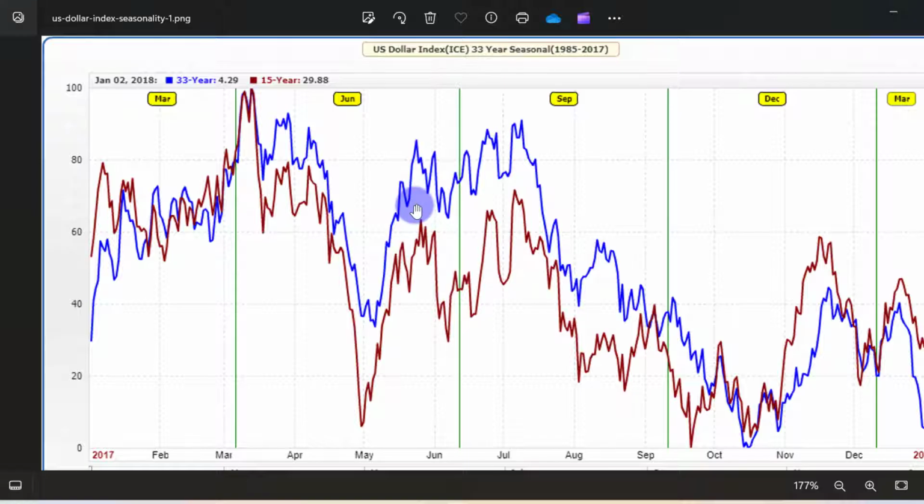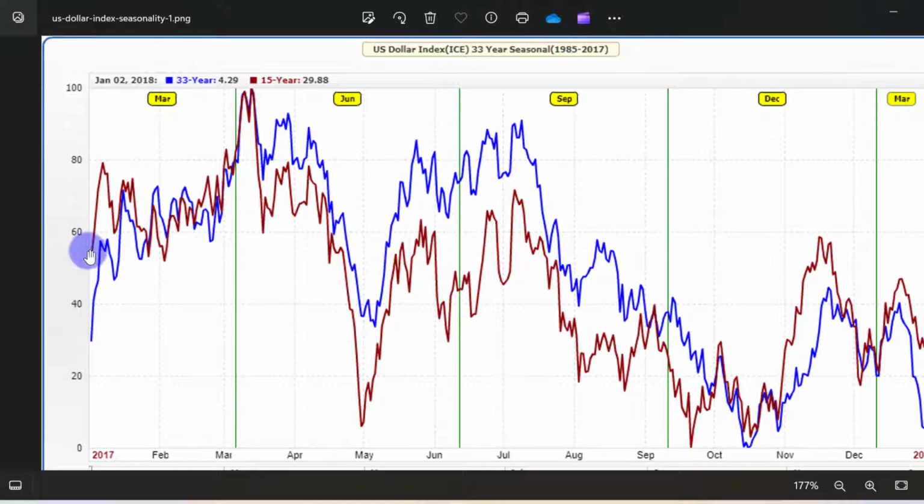And even when you want to do your day trading, when you know what's happening from a macro perspective, it helps you narrow down to the micro picture and frame your trade based on this information that you now know. All right, the seasonal data in confluence with the commitment of traders report and many other pieces of information that you would need to know as a professional forex trader. What we are teaching you is how to become a professional forex trader, not a gambler. You are trading with information.